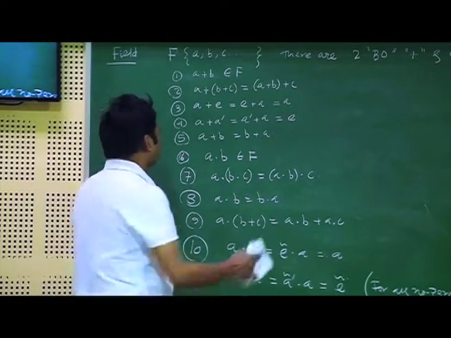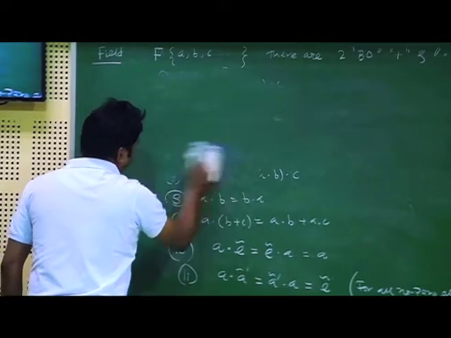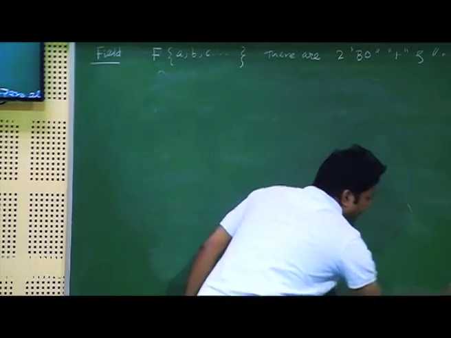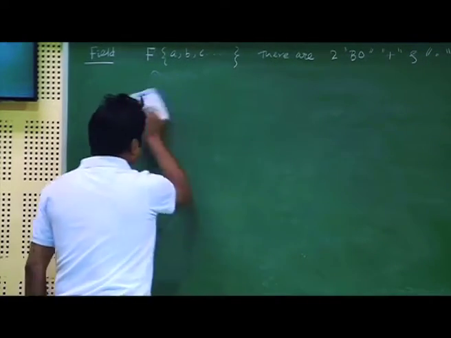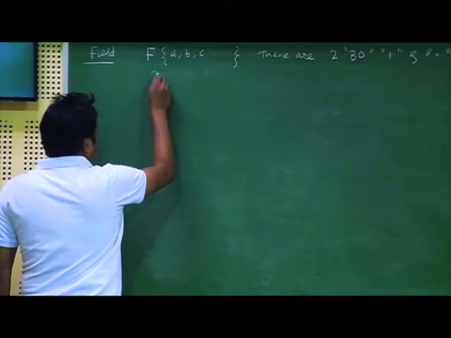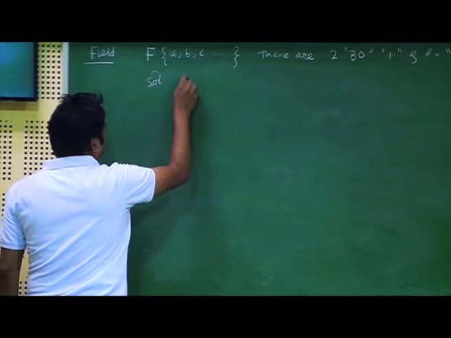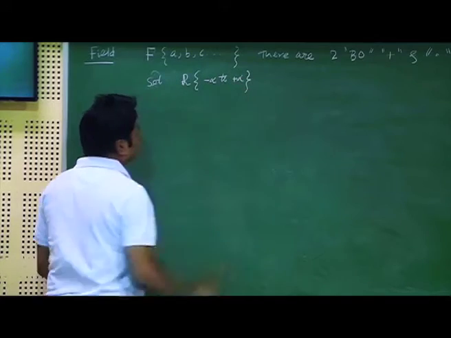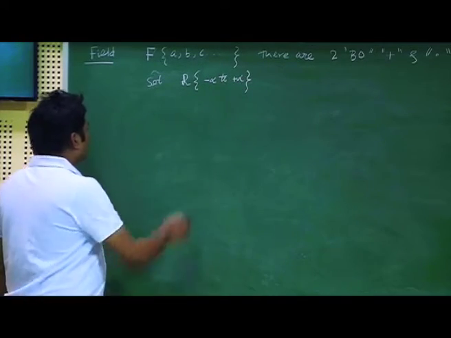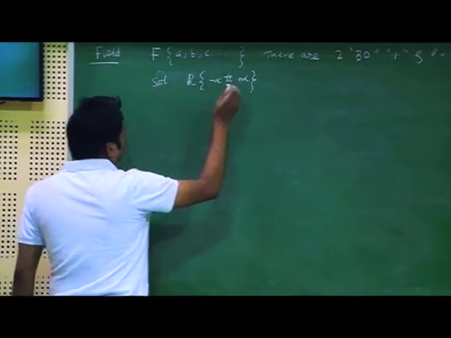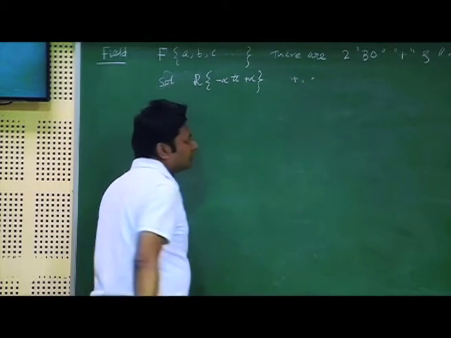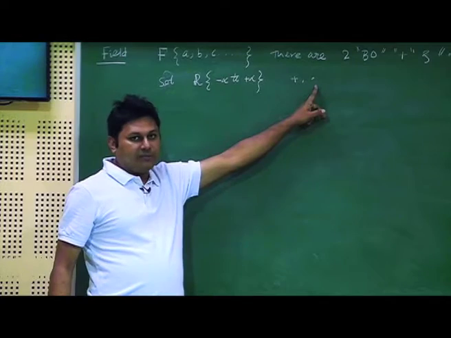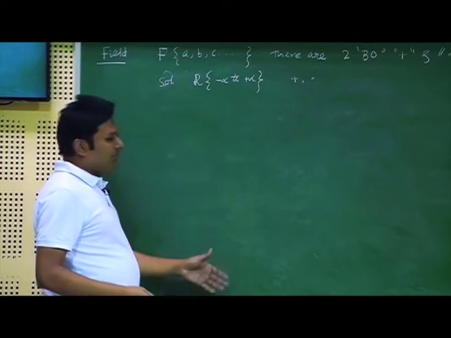Now, let us go back to the example, it is better. All these theoretical things are okay, but unless we put some kind of example, it is difficult. However, the examples are quite trivial and simple. So, let us say my set is again the real numbers, all the real numbers from minus infinity to plus infinity. Now, if this is my set and my operations are plus and dot, where plus is the standard addition and dot is multiplication, then I can check that all these properties are followed.